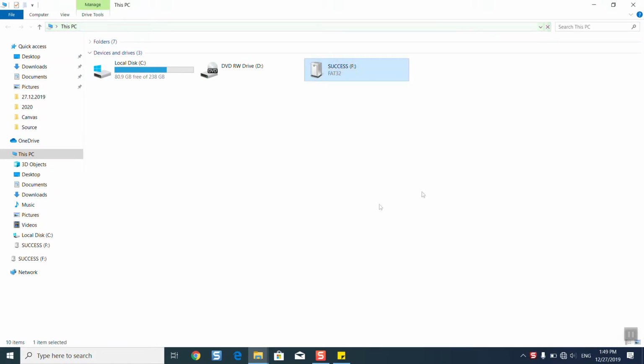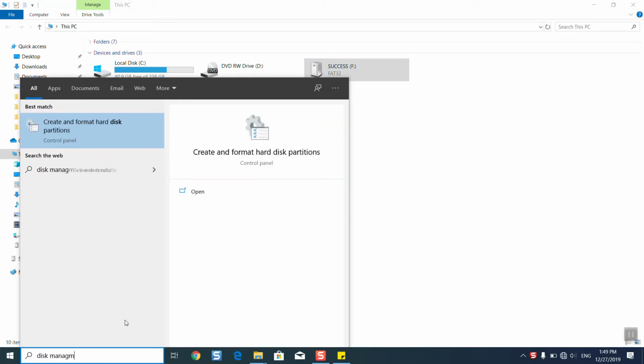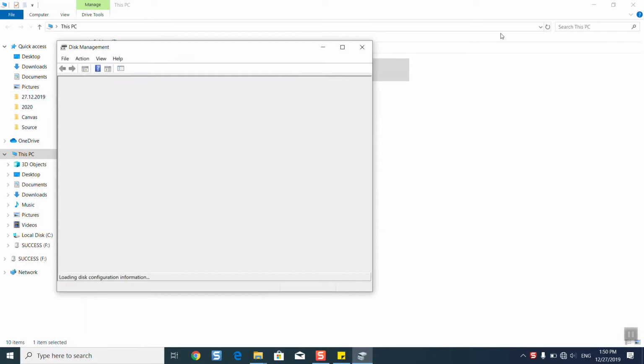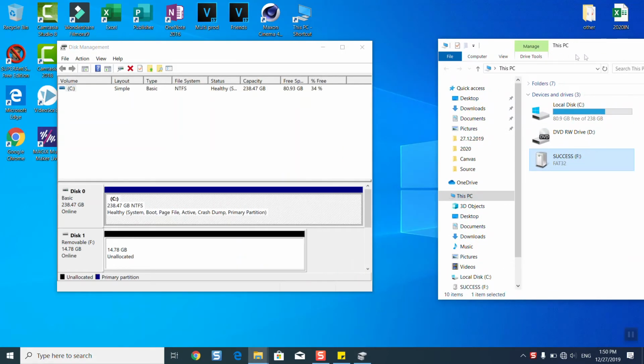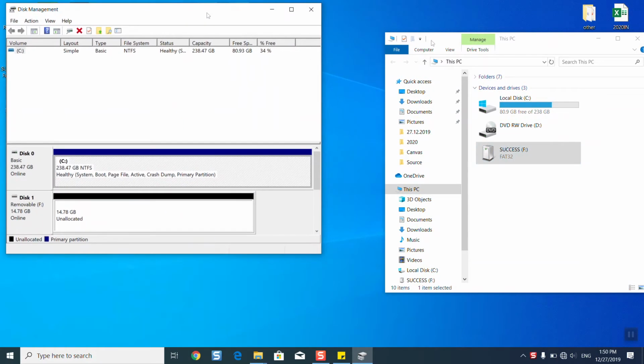So to fix that, make sure to plug first your USB or your storage device, and then we will go to the search tab and we will type disk management. Once done, this option of create and format hard disk partition will appear, and just click on it. This little window will show up and we'll wait until it loads. It might take a little bit of time based on how big is your storage device and how fast is